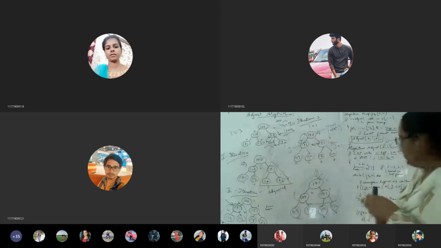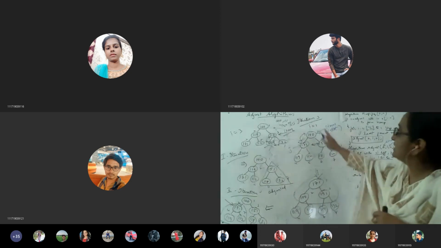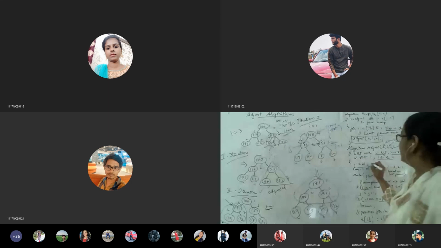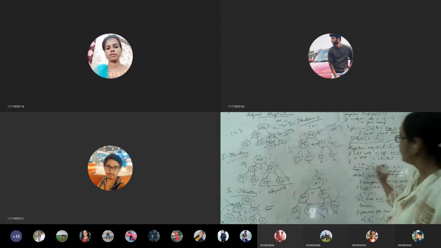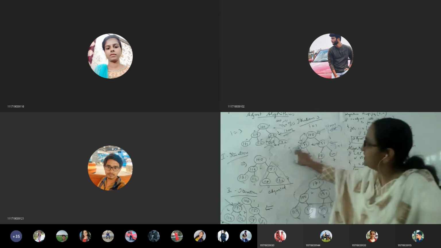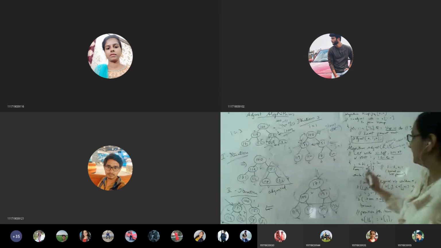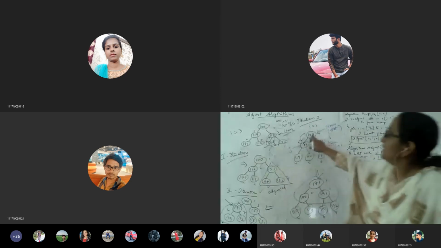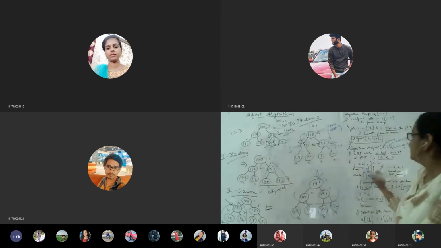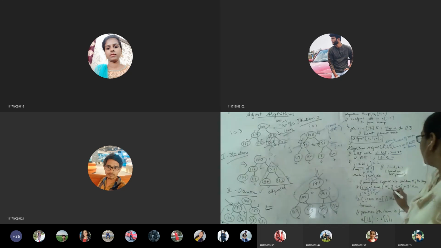Okay. So now what is our i here in the third iteration? i is equal to 1. So that means what will be your j? It will be 2. So that's what I told you. j is pointing to the second index. And what is the item? Item is 100. Okay. And j less than or equal to n means your j, the second index, is less than or equal to 7. Okay. Here 2 less than 7. So this is true.